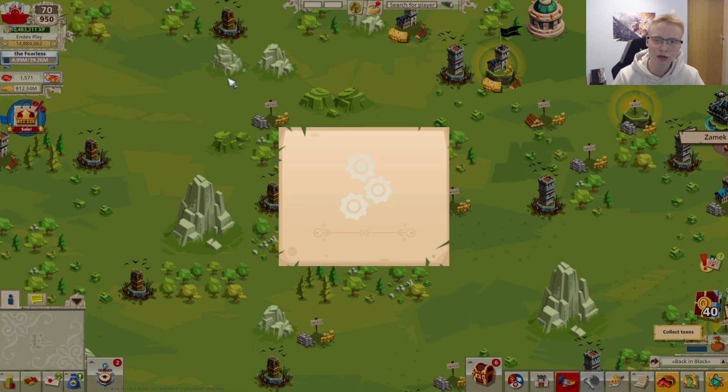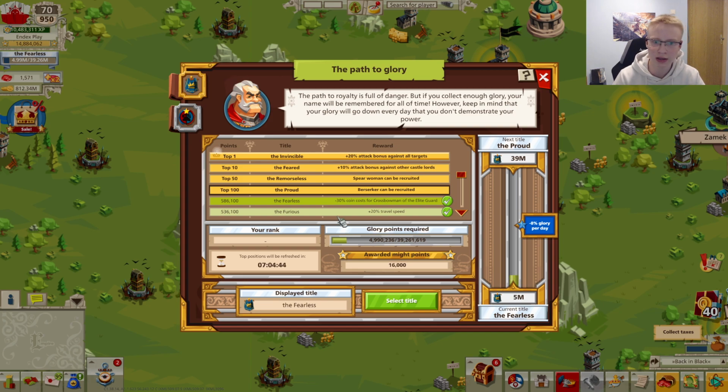Titles also give you some bonuses. You can get different bonuses there, and especially for glory, it's worth explaining how it works, because you have the Feared title, which gives you plus 10% attack bonus against other castle lords. Important to mention is that the game defines other castle lords as other players, so obviously these are PvP targets, and for top 1 you're getting plus 20% attack bonus against all targets, so you can get in